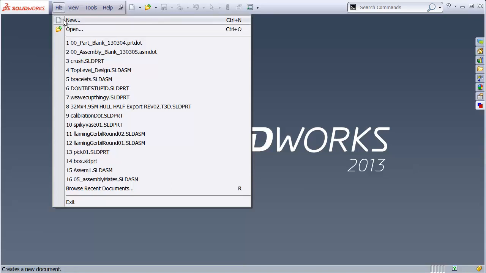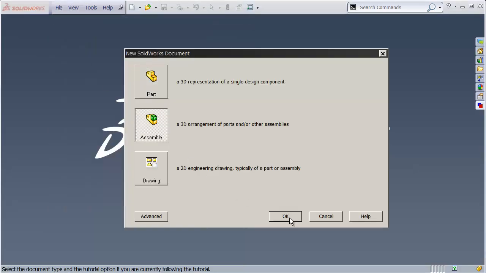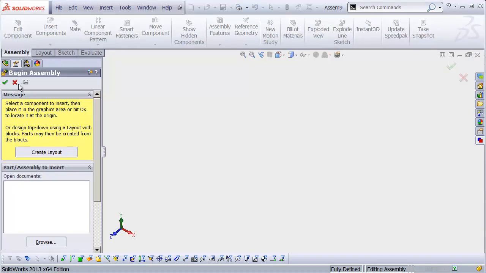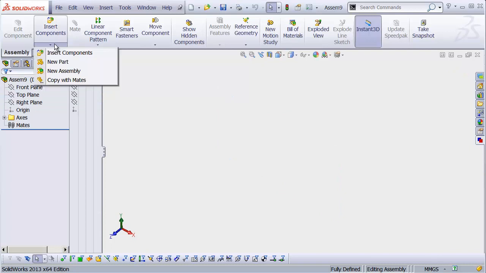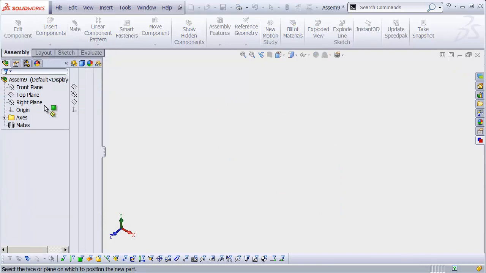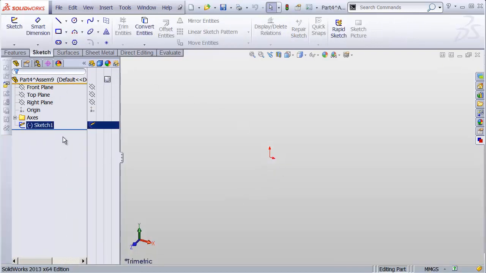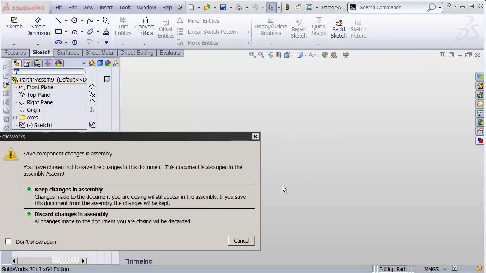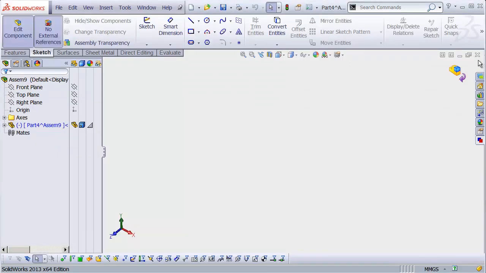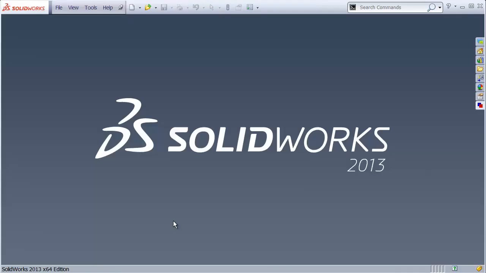So now, whenever we create a new document, like an assembly, it's going to be exactly the way that we want. And if we say New Part within that assembly, it's going to create a new part that uses that same template. Perfect. Don't need to save that. Discard my changes. Okay, so that should get us started on the right foot every time we create a new document in